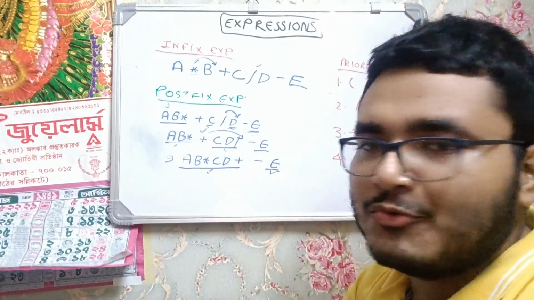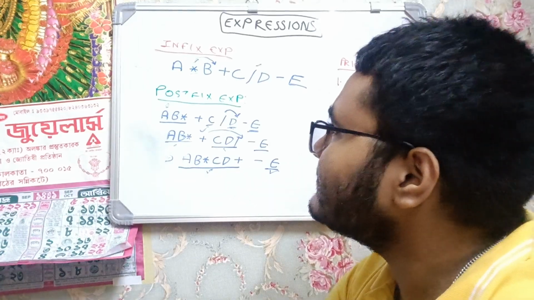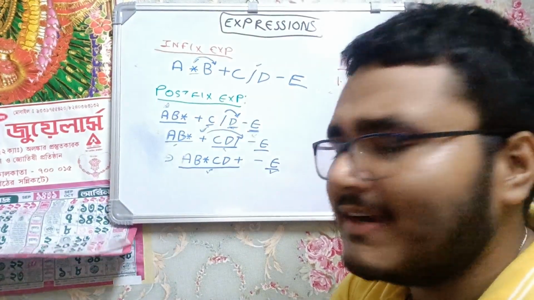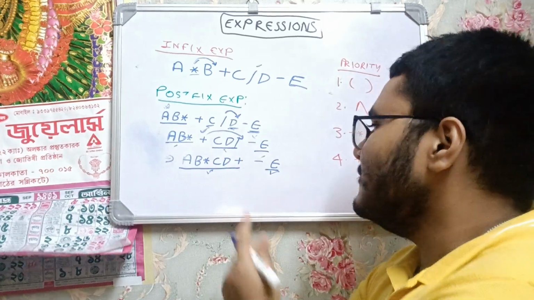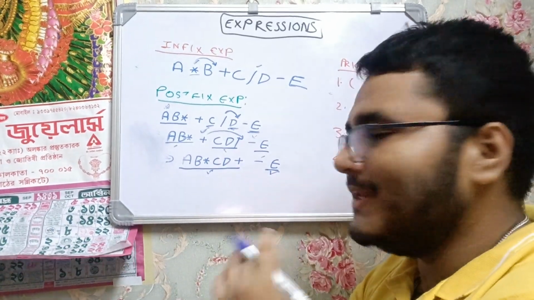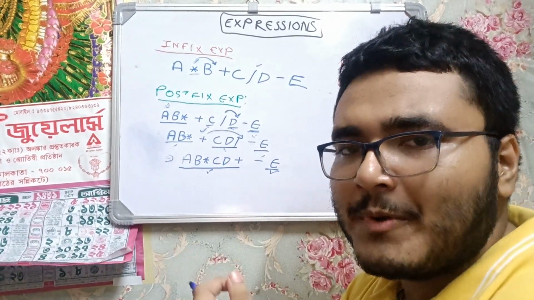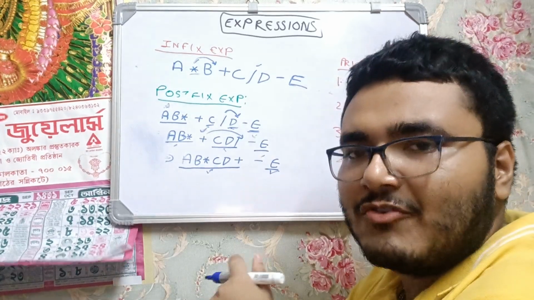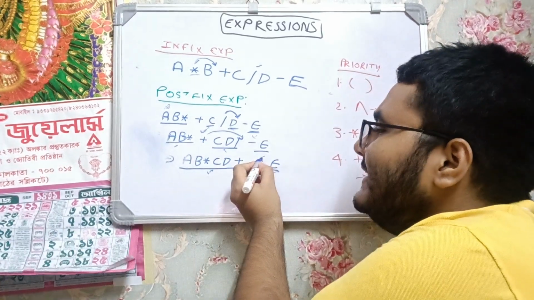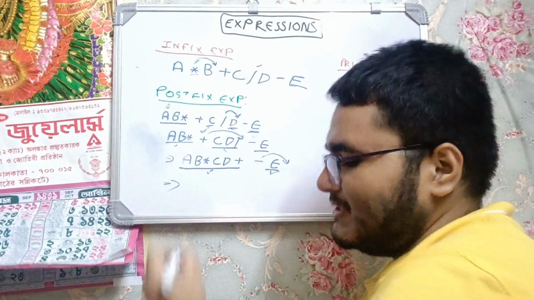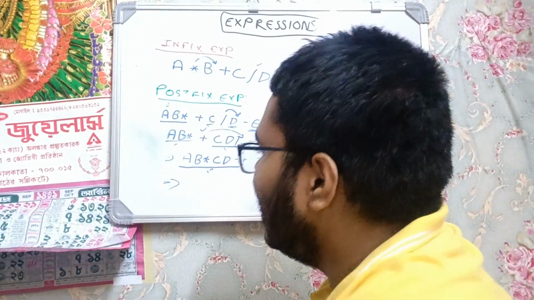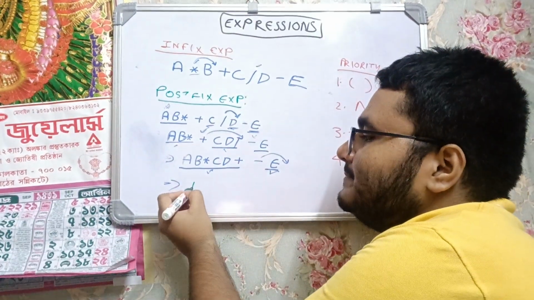Now you tell me yourselves what needs to be done. Only one operator left, right? So bring it to the right side of the second operand. Who is the second operand of minus? This one, E. So bring it to the right side of E, and our expression becomes AB into